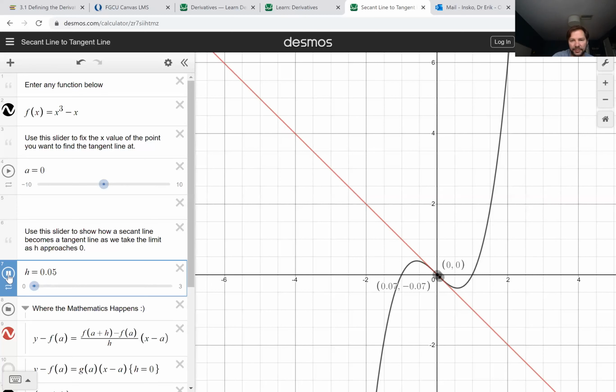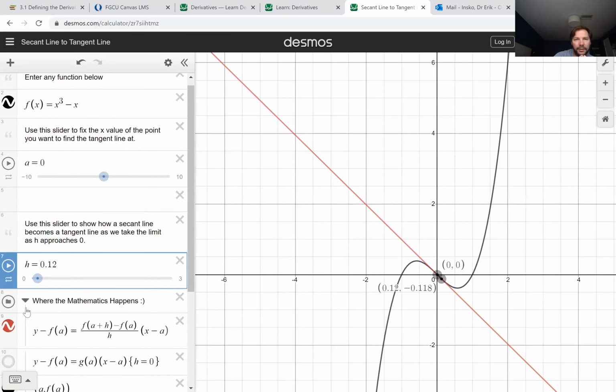So that's the idea behind the limit definition of the derivative. As long as the increment h is small, you get a really good approximation for the slope of the tangent line. Okay. Another